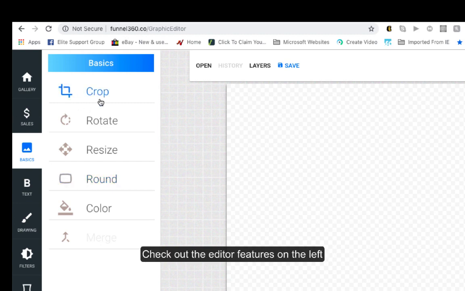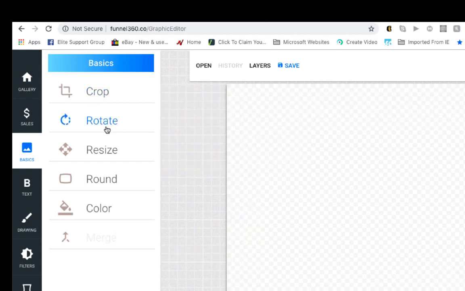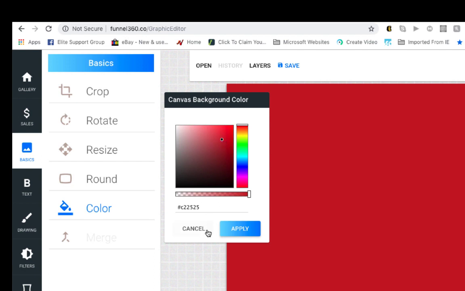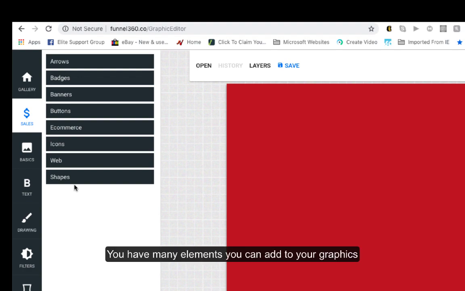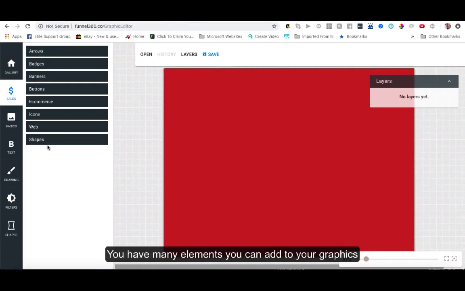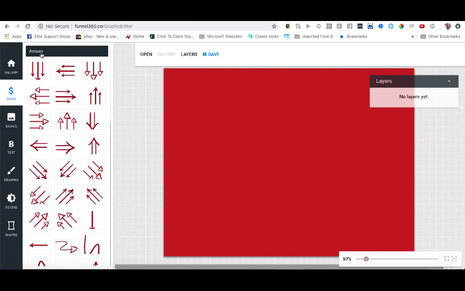So over here to the left, we have some basic editor features. You can crop, you can rotate the image, you can resize the image, you can round out the corners, and you can change the color of the background. If we start at the Sales tab, you'll notice we have several different categories here, and each of these are different elements that you can add to your graphics that are relevant to your sales pages, affiliate offers, thank you pages, etc. So we have arrows,